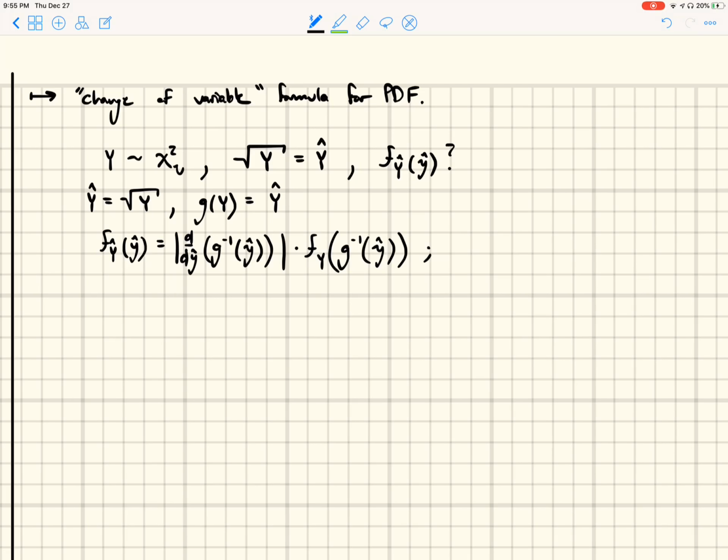Now we have to figure out precisely what is the definition of a chi-square distribution with v degrees of freedom. This is simply y^(v/2 - 1) times e^(-y/2) over 2^(v/2) times gamma of v/2, just like that. So now we can take the derivative, take the inverse, which is simply,